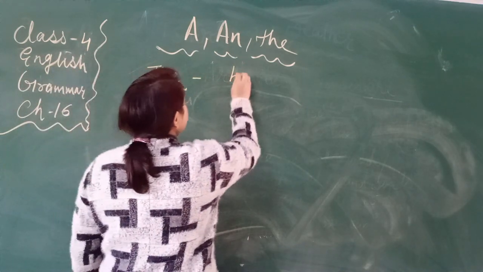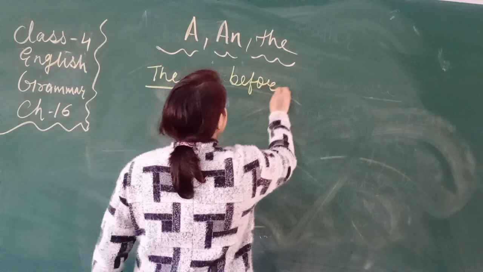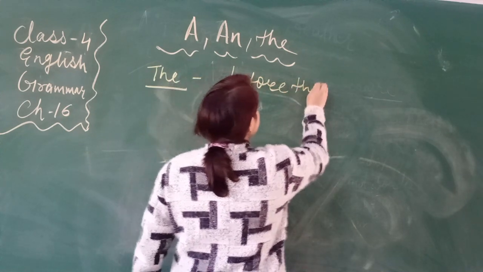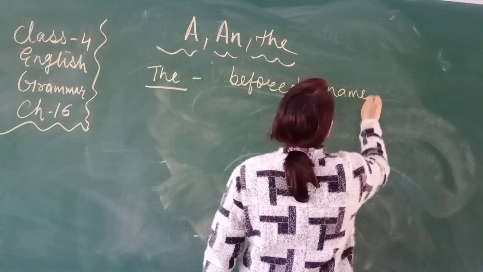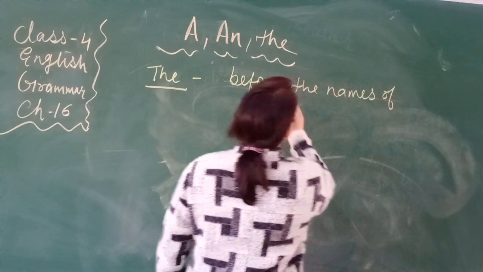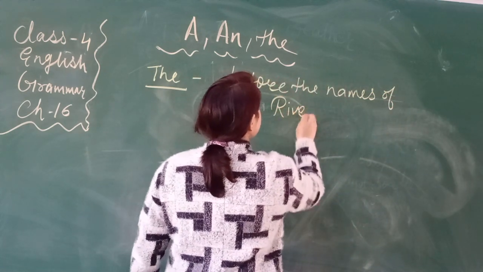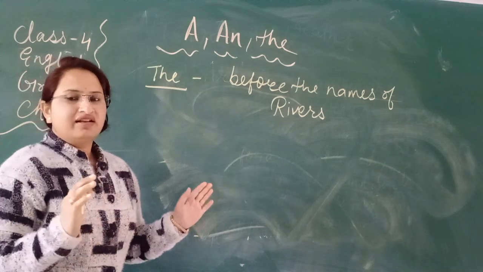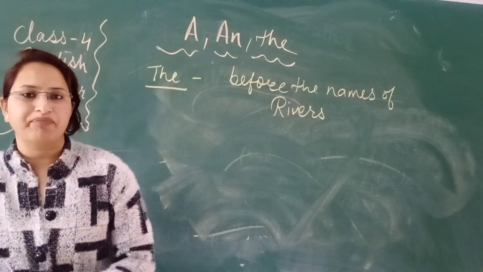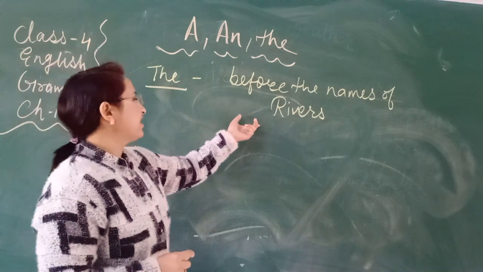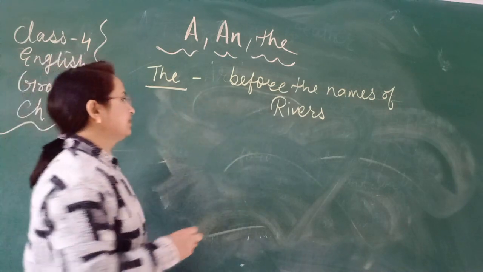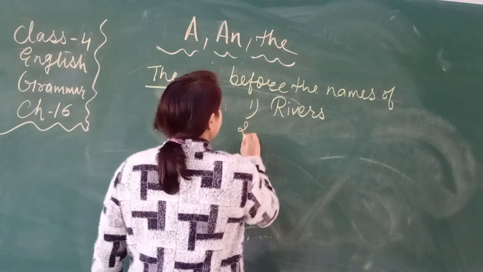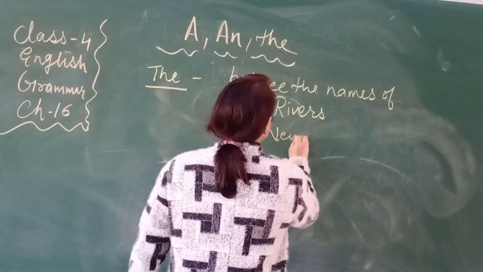We can use article the before the names of rivers, जितने भी rivers हैं, गंगा, यमुना, सरस्वती, ब्रह्मपुत्र, उन सभी के आगे क्या आएगा? आर्टिकल द. Before the names of newspapers,